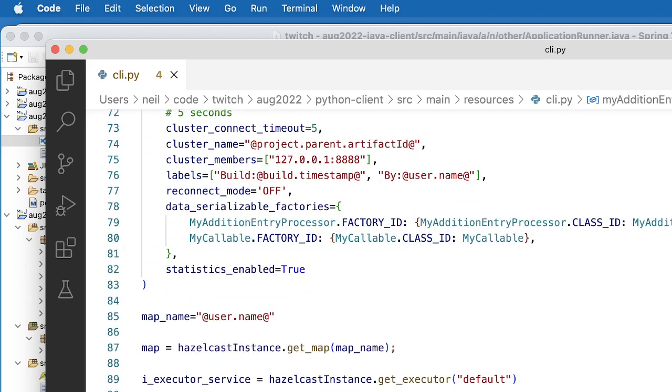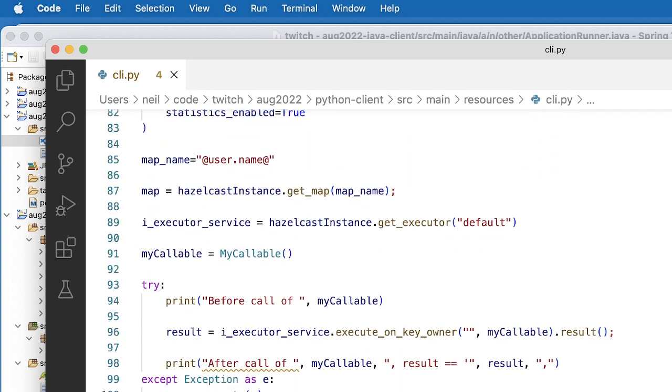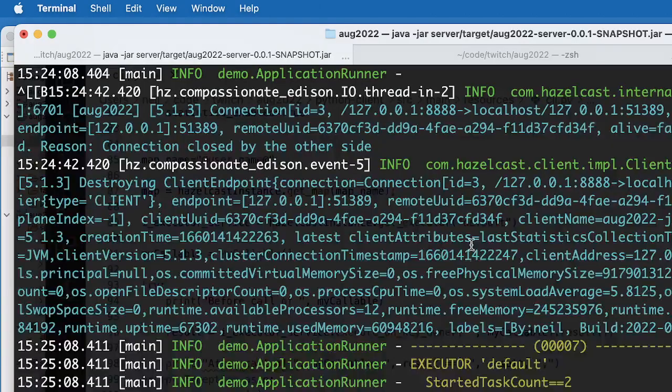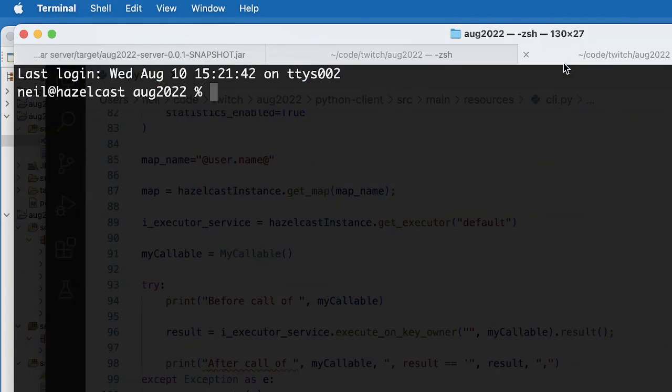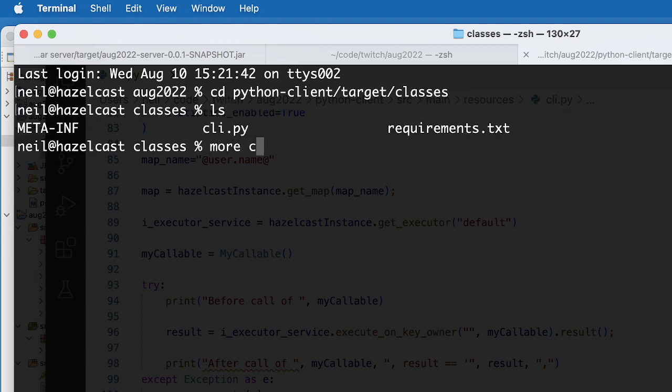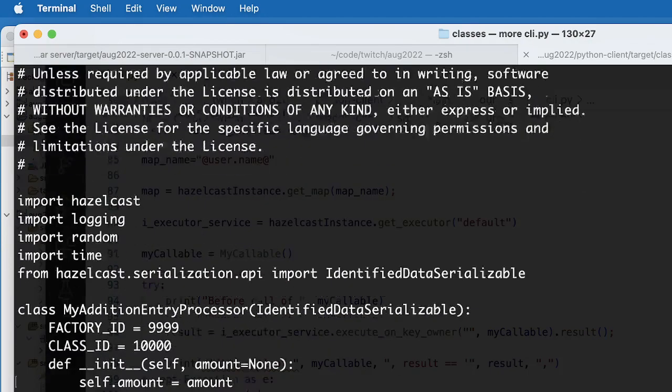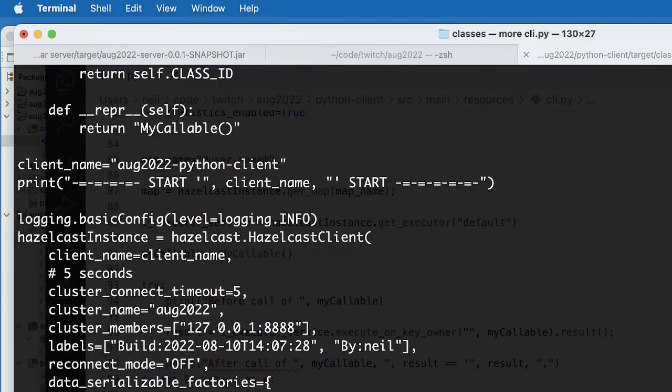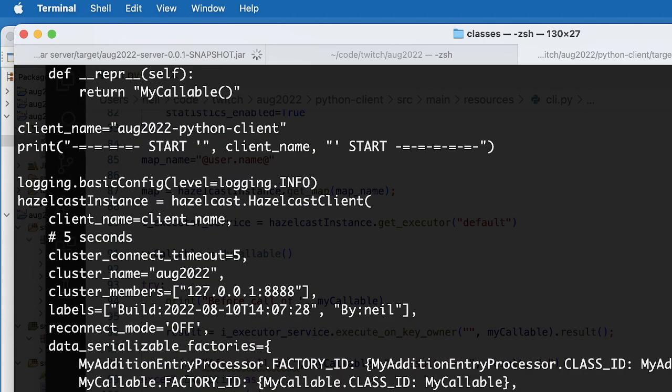So we connect to Hazelcast, we create a callable, we run it, and we get back a result which we print out, and that will be our string. And then we pick a random key, and we do the same. We run an entry process with an amount, and we print out what it's got. So if we do this from Python, if we just have a look at the code there, I've hardwired in my connection. There we go. So my build timestamp appears as a label, which is sometimes useful. So if I just run that,